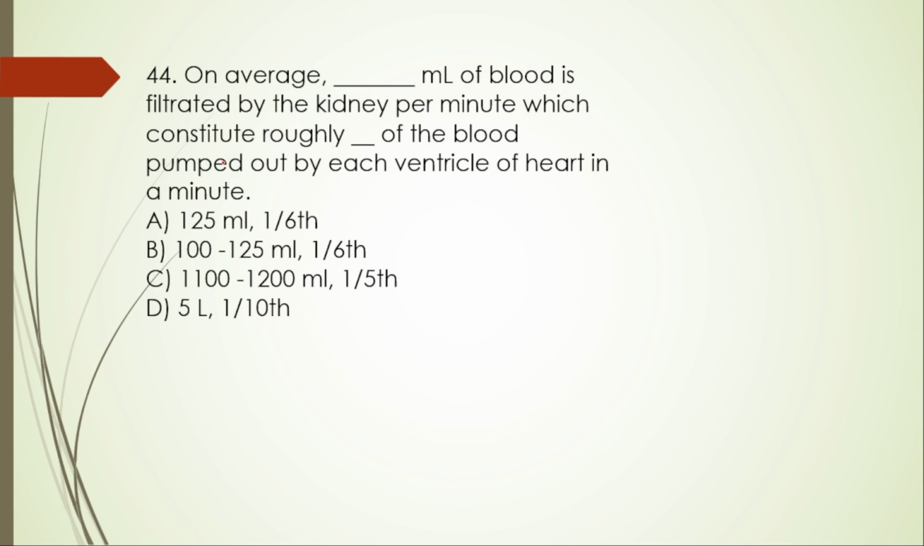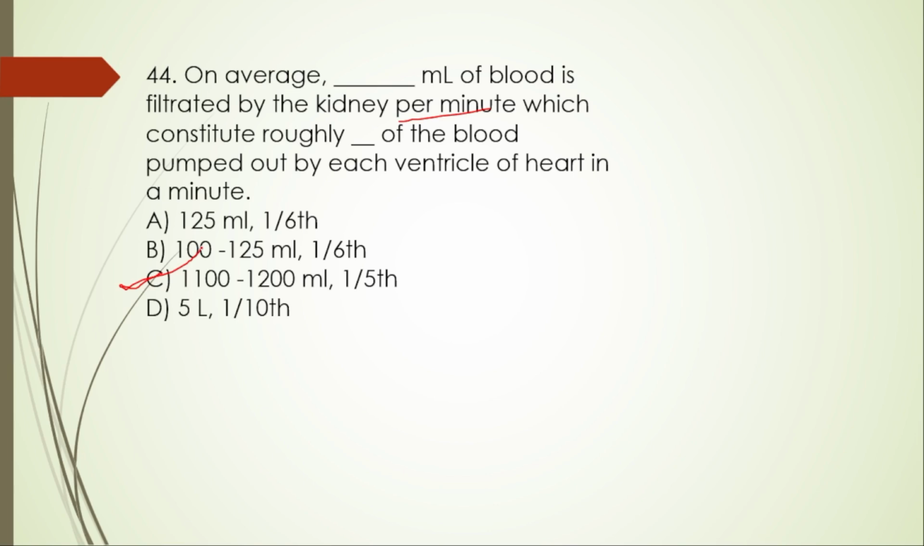Next, 44th question. On average, dash ml of blood is filtered by the kidney per minute, which constitutes roughly dash of the blood pumped out by each ventricle of the heart in a minute. A, 125 ml, 1/6. B, 100 to 125 ml, 1/6. C, 1100 to 1200 ml, 1/5. D, 5 liter, 1/10. So here the right option is option C, 1100 to